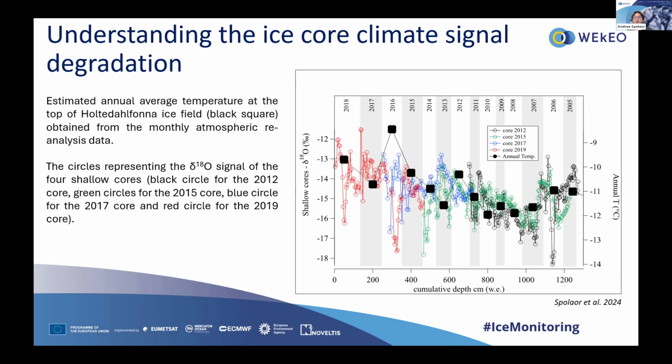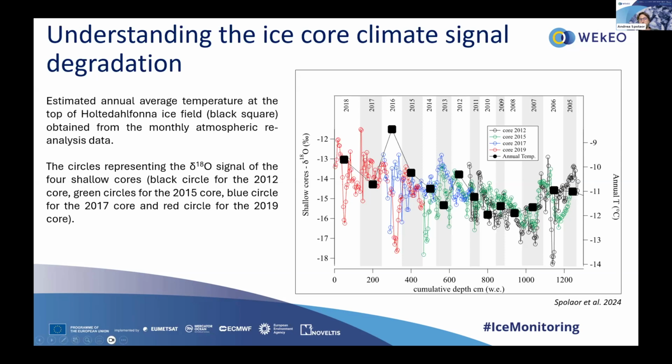Finally, however, there is one thing about which we are still a bit optimistic, although we are no longer able to see the seasonal variability of this parameter that permits us to reconstruct the past atmospheric temperature. When we compile all four records together, so we really overlap the different records, and we compare with the annual temperature, although we are not able to see the seasonal response to the atmospheric temperature changes anymore,